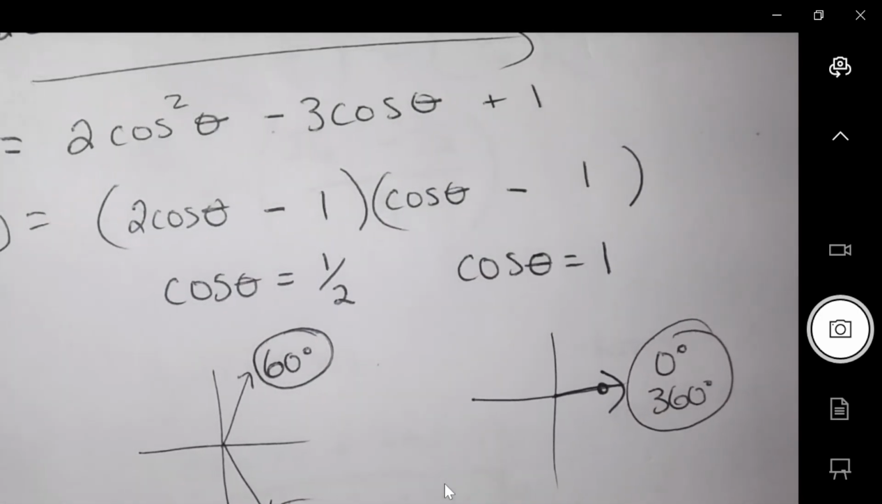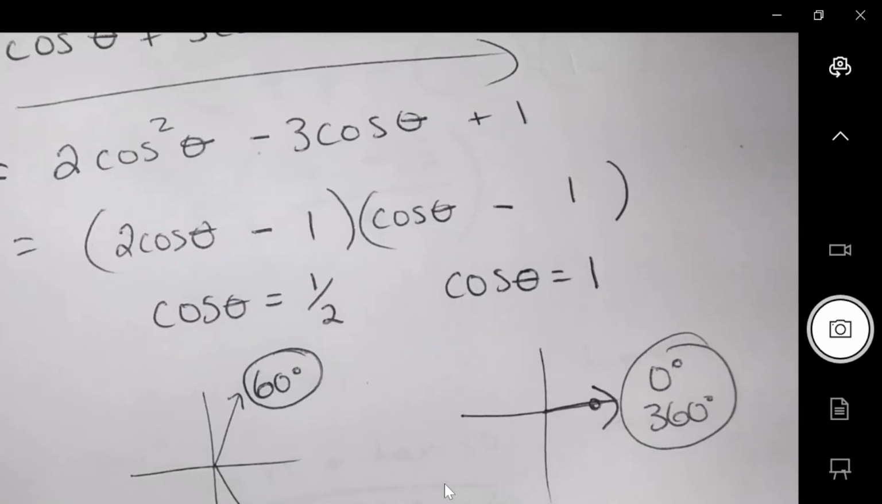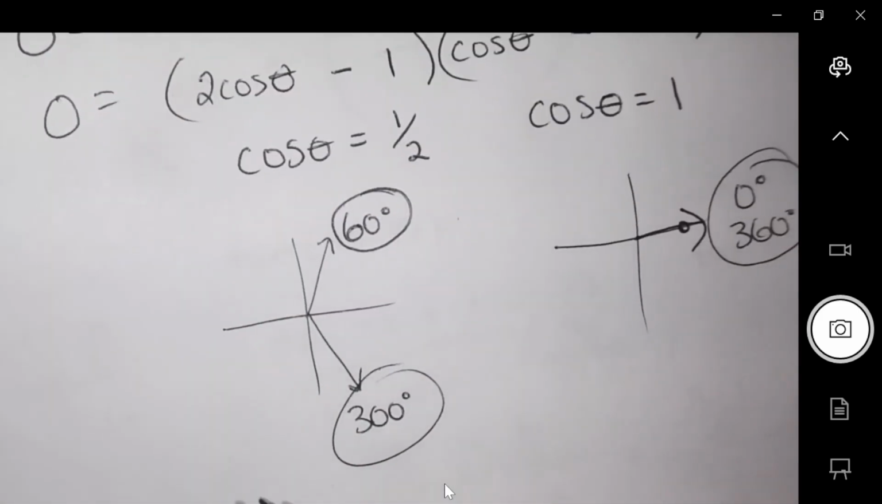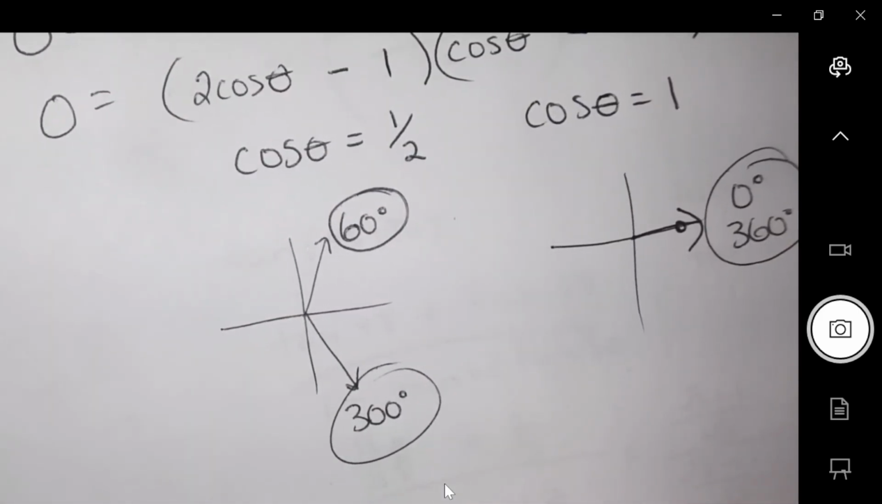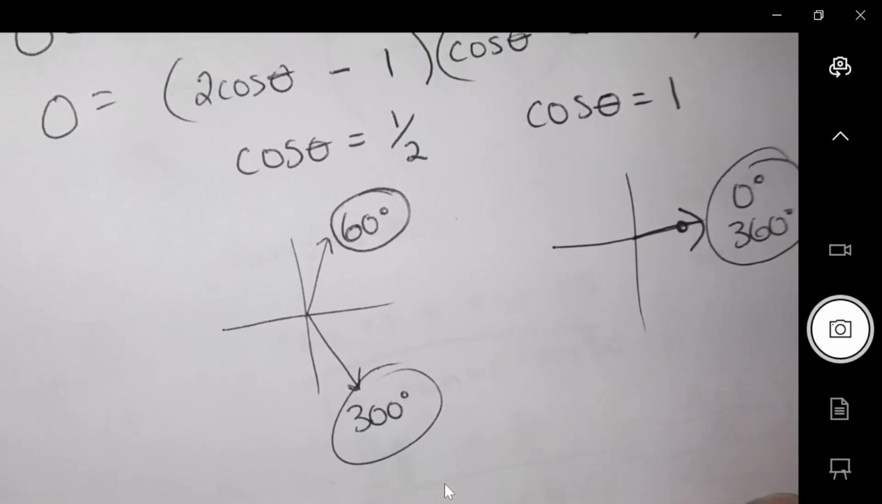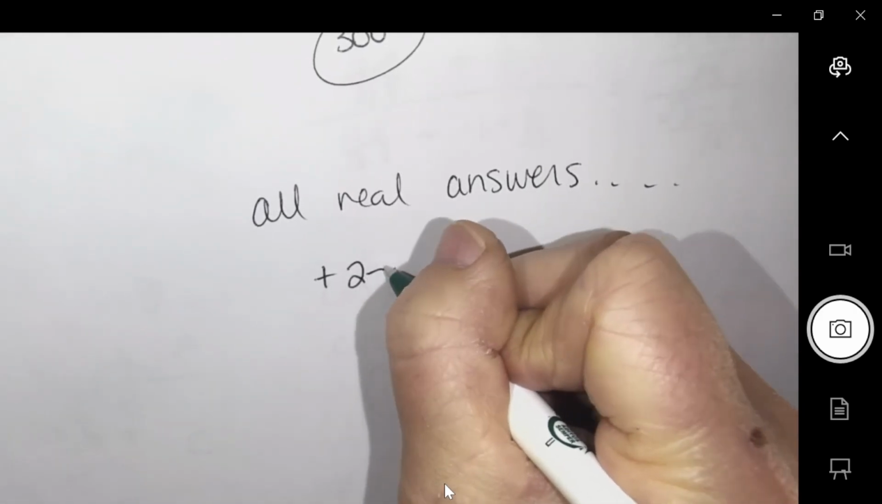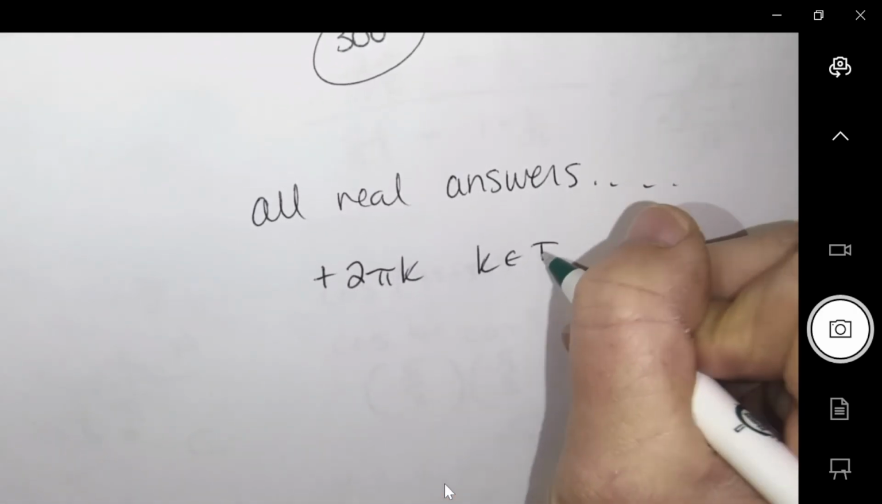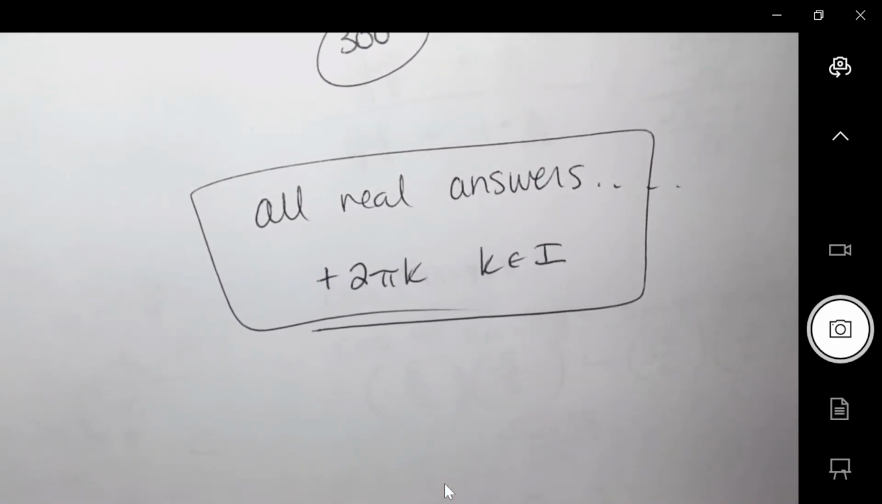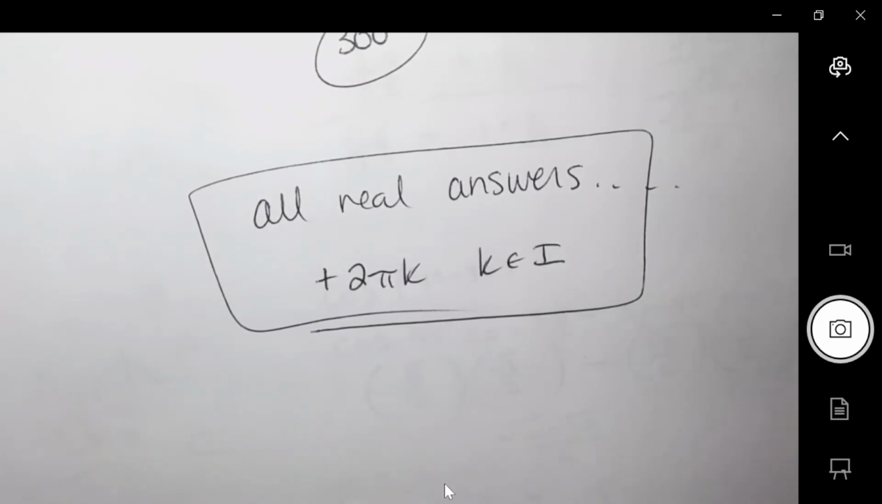Okay, one extra thing just before you close that. What if I asked you for all real answers? If I say, what are all the angle answers? What would you do in that situation? Plus 2 pi k. So just don't forget that because I didn't do an example like that. So if I had said something like that for all angles or all real answers,